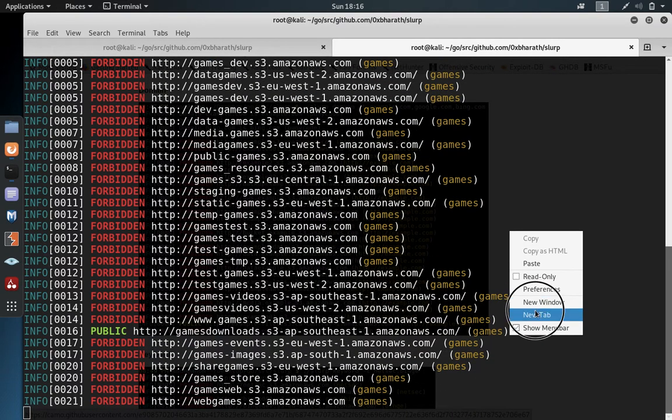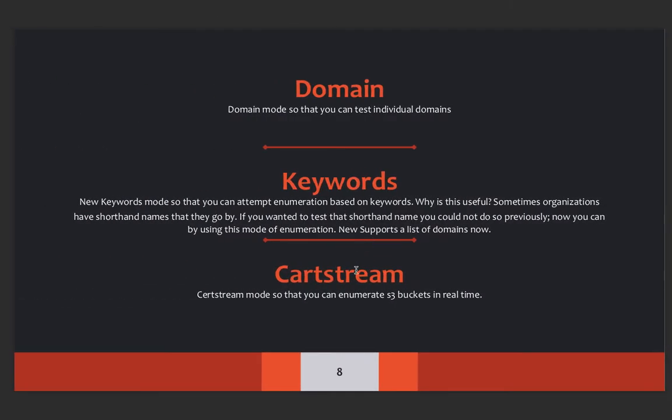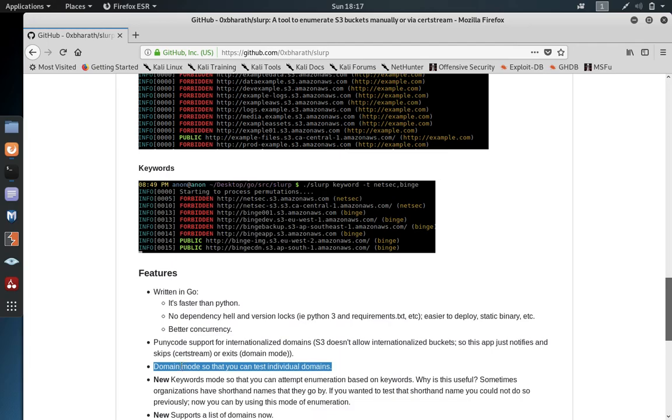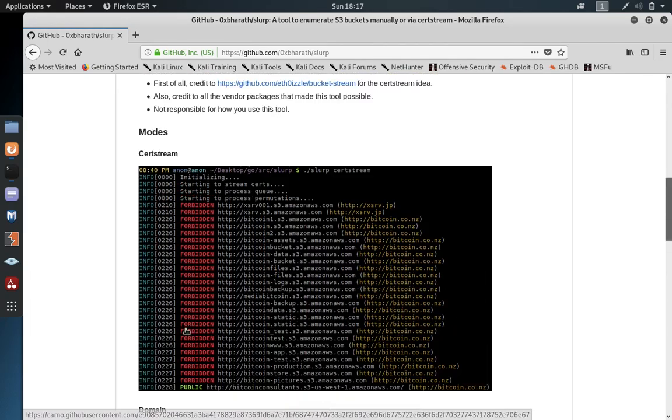Now let me just show you the search stream. So search stream modes, like we can just enumerate the S3 bucket in real time. So it's pretty similar. And searching through the stream is simple.